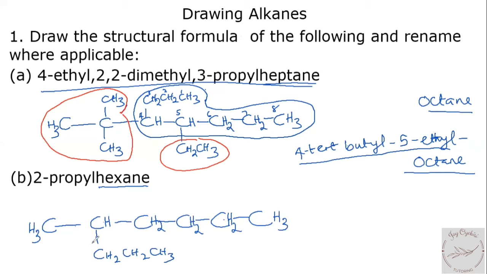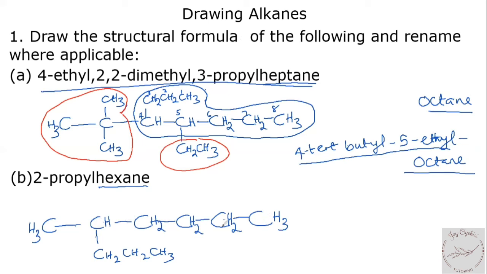Okay, so now all the bonds are complete. Each of these carbons have 4 bonds now. The next thing we need to think about is, is this name correct? Is the longest chain here hexane? Is it 6? Now let's check out. So I have 1, 2, 3, 4, 5. It's not up to 6. 1, 2, 3, 4, 5, 6 is 6.